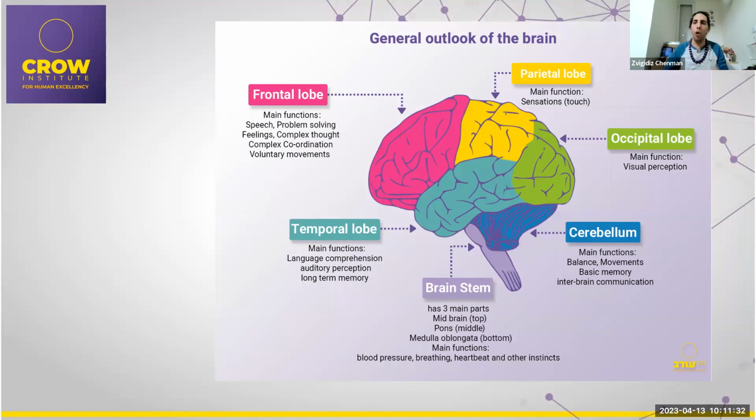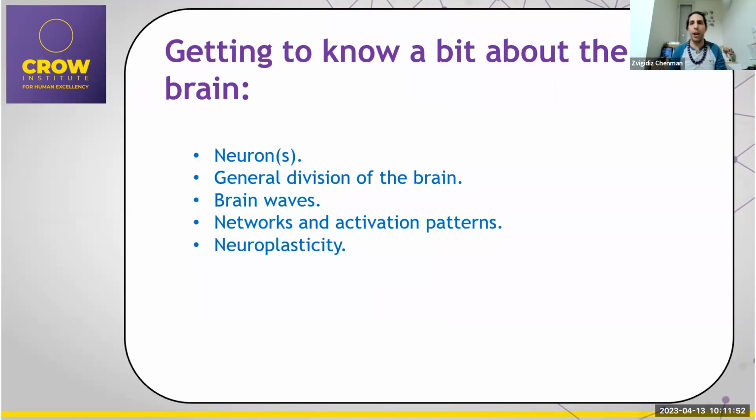And today we're learning more about them generally. There are things that we know they do, like the brainstem is basically very instinctive, and the cerebellum has, among other things, to do with movement and with memory and communication. But we're learning more about those parts as we go in the field of neuroscience. So that's generally about neurons and the brain. Now, what makes brain training, and is important to know about the brain, is the next three: brainwaves, networks, activation patterns, and the fact that there is a thing called neuroplasticity, whether you've heard about it by now or not.